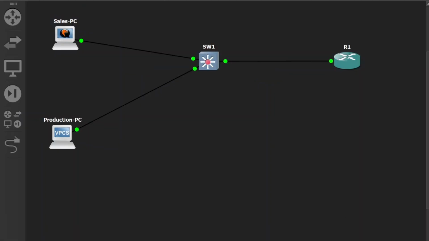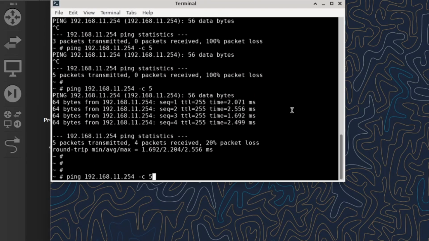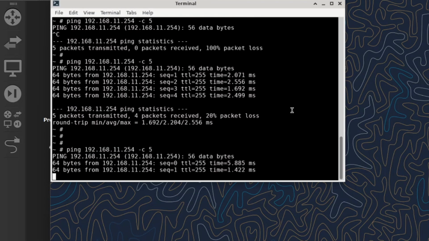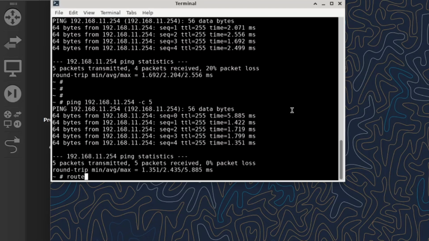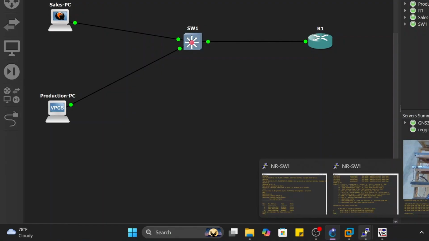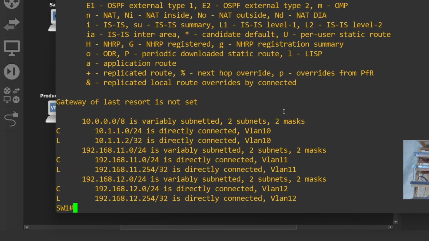So what is the secret? Stop typing ping. For instance here, don't just type ping and give up. Check the verification workflow. Here, we have to check the route, see the switch, verify, do show MAC address-table dynamic, show IP route on the switch. If the route is not here, verify why. Is the interface down? Do show IP interface brief.